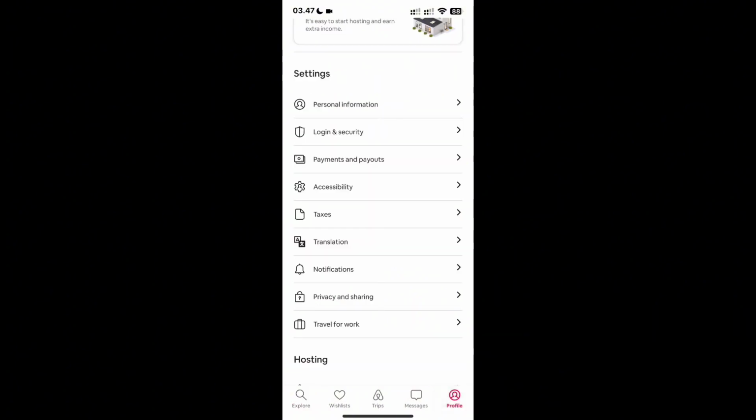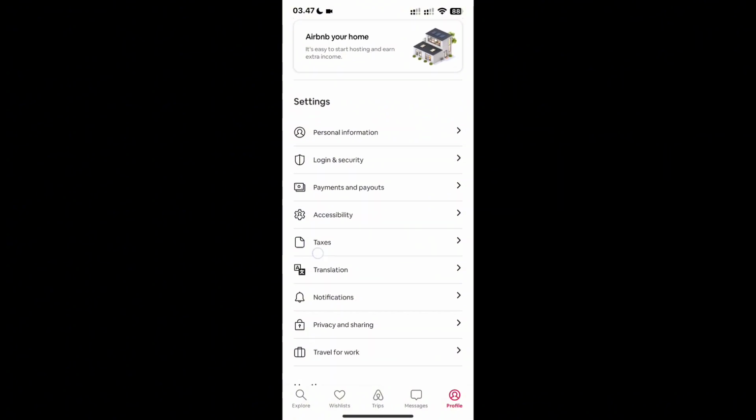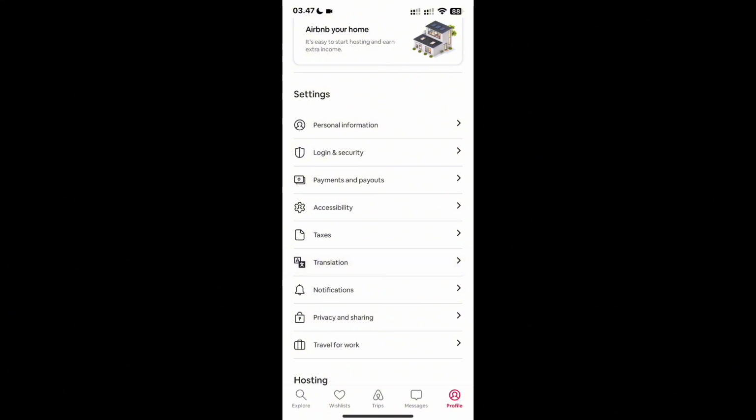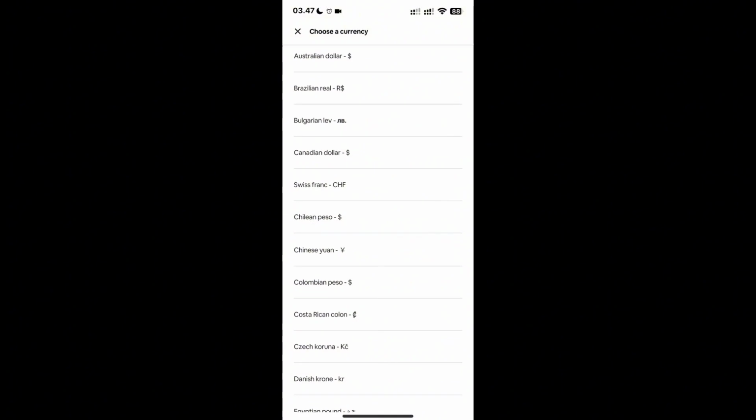In this interface, I want you to focus on finding the payments and methods. And obviously, it is in the third tab of this section. So click it and then focus on the top right corner of the screen, where you will see the icon or the symbol that is currently being used of your application on your Airbnb account. So just click this. And then here you can finally choose your currency that you want to apply or use